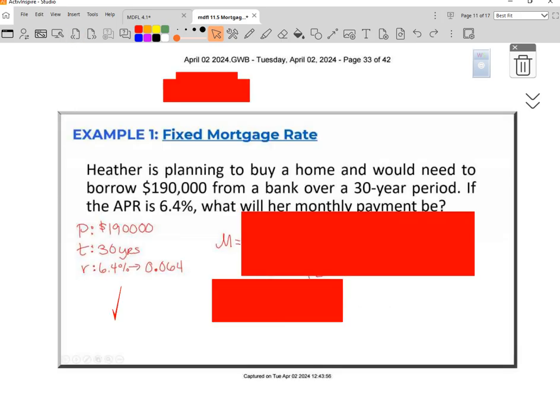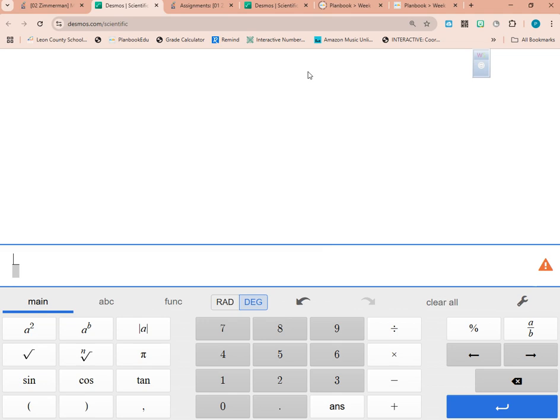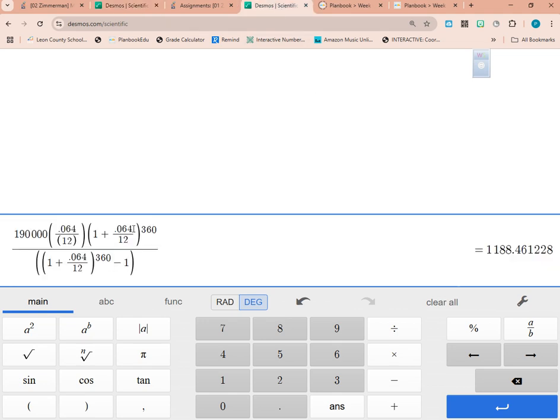I did it on the Desmos calculator, which is how I would like you to do it. So remember, I started with this button. Oh, I got to get off of that, though. That's not right. Started with that button, and I entered everything in the top. Then I clicked to the bottom, and I entered everything in the bottom.